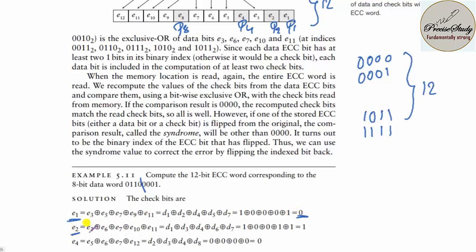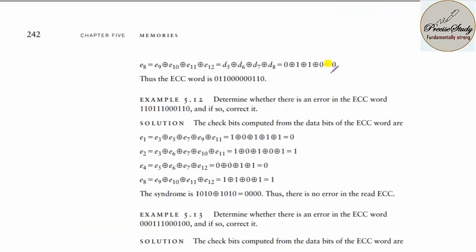For E2 you XOR E3, E6, E7, E10, E11, and that gives 1. Similarly for E4 you get 0, and for E8 you get 0. So the error correcting code is, you add E8, E4, E2, E1 in the respective positions, and then you solve. So you get the error correcting code as this one.